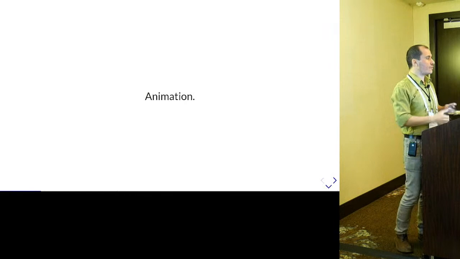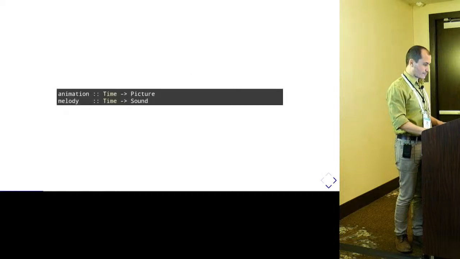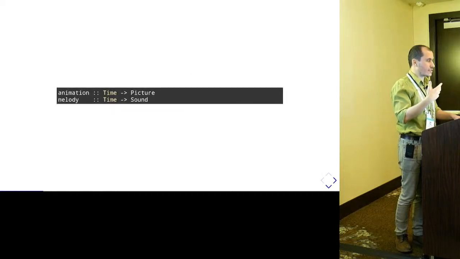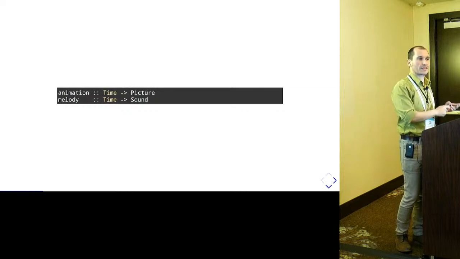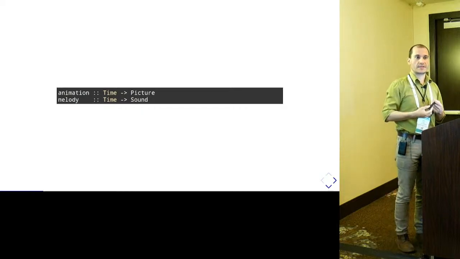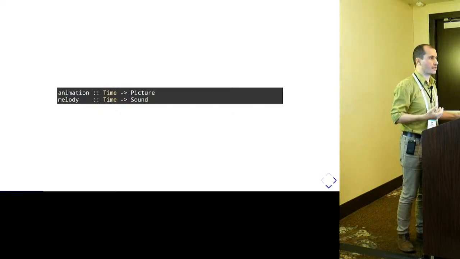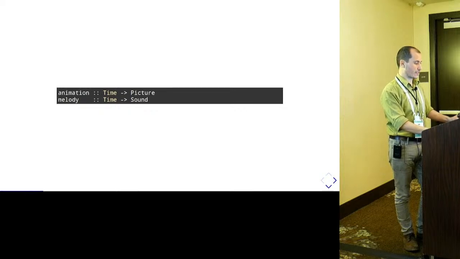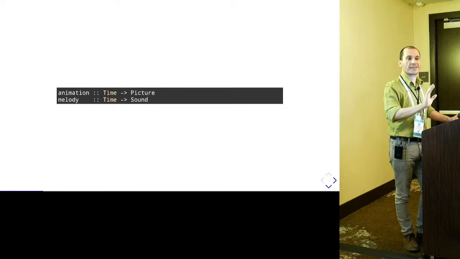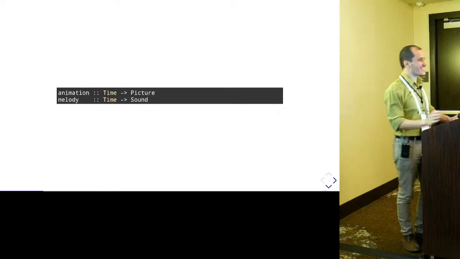Okay, so if you were to write an animation using this library, how would you do it, right? At its core, an animation is just a function of time. It's a function that for any time presents a picture, right? You can think of it as a function that for any real time puts a picture on the screen. In the same way that, for example, you could think of a melody as something that for any time plays a sound. And sorry, I know that there are experts in music here, and I'm not, and probably that's insulting someone already. But you get the gist of it.